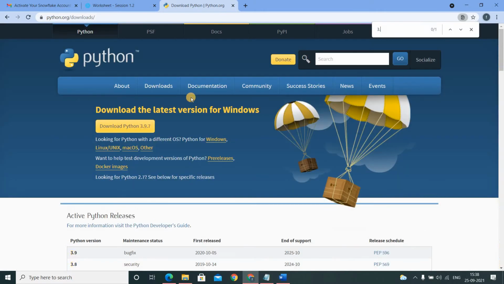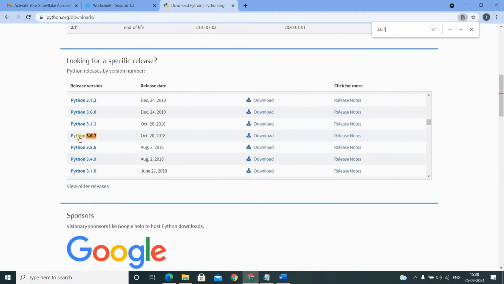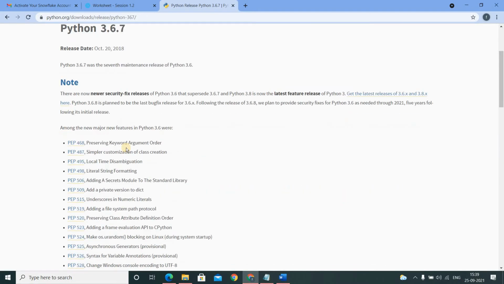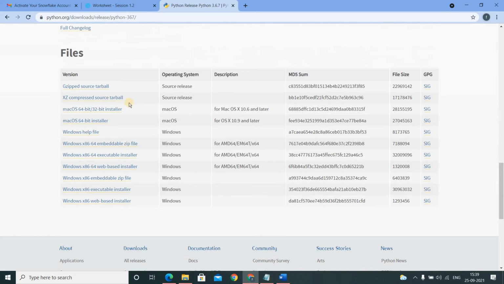Search for 3.6.7, click on it, and choose the Windows 64-bit installer for AMD, because my system has an AMD processor. People who have an Intel processor can take this one to install Python and run Python commands on our system. So I'm choosing this one.